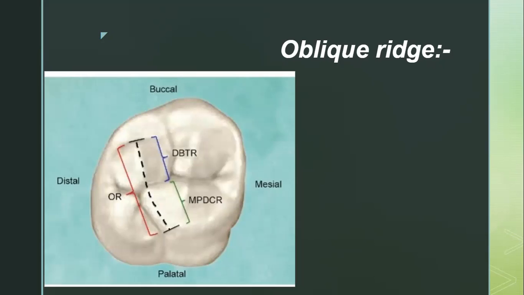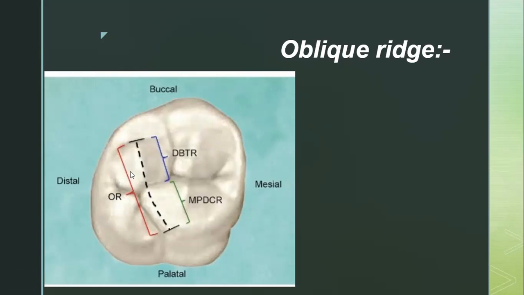It is formed by the union of the triangular ridge of the distobuccal cusp, right? Here we have a distobuccal cusp. Distobuccal means distal side and buccal side. So the cusp on the distal side and buccal side, this is the distal side, and here we have the buccal side. So this one is the distobuccal cusp. Here we have the distal side, and this is the palatal side, or the lingual side in general. So this would be the distolingual or distopalatal cusp. This is the buccal aspect, and here we have the mesial side, so this cusp will be termed the mesiobuccal cusp, right?